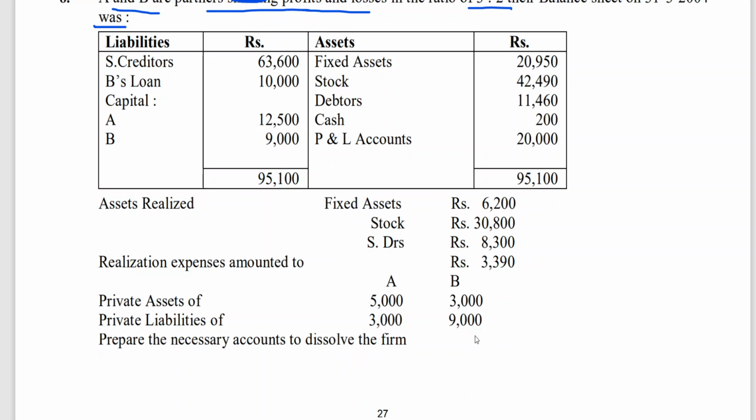Again, this is also the same model. In the last class, I have given you the treatment of loan. Generally, the amount due to partners, the partner's loan, won't be transferred to realization account. It will be transferred to realization account only when the firm has been sold to a company or to another firm, when they take all liabilities including partner's loan. Otherwise, the loan account will not be transferred to realization account. That I've already explained you. We discussed that particular incident in one problem there.